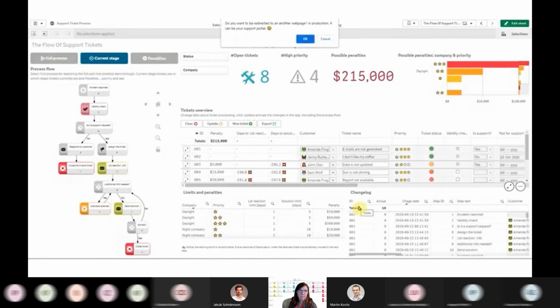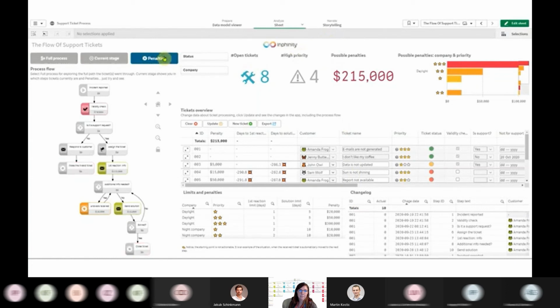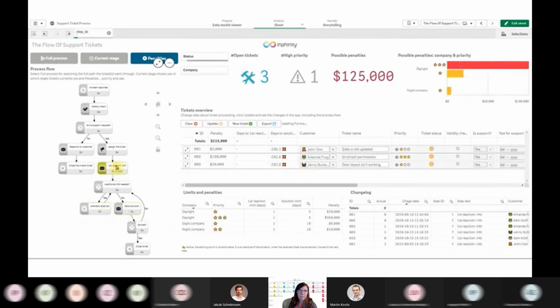This can also redirect you to another web page if you need. As you know, if there's a problem, we want to know about it now. So you can also see here where you're facing penalties, if something's stuck in the process, where it is, and what the liability and risk is for your organization on those penalties. Click on the actual node and you can see the related tickets there in the form instantly that are related to those penalties. And then back to the beginning.